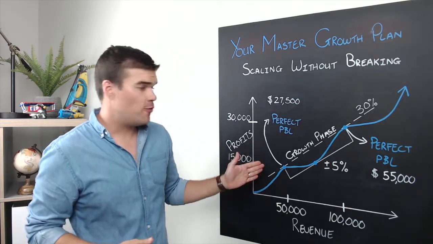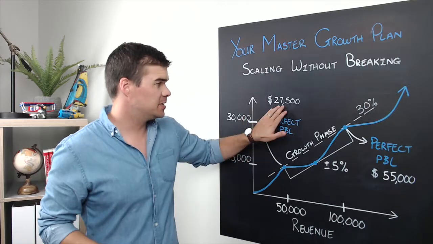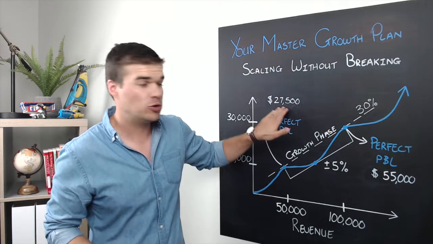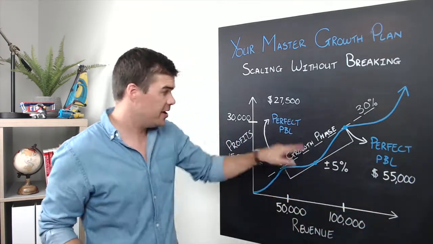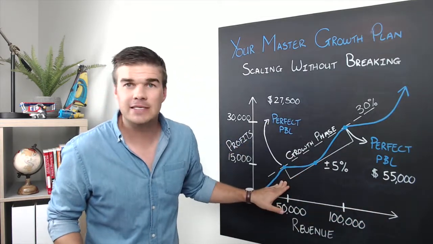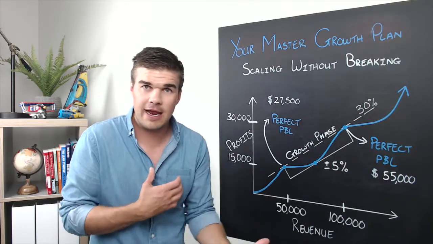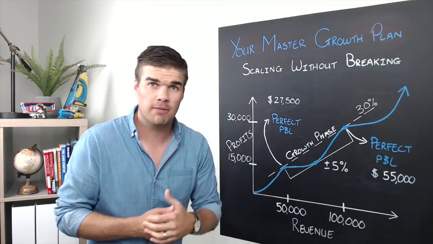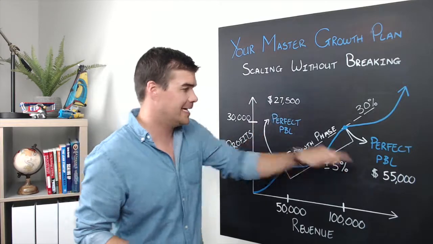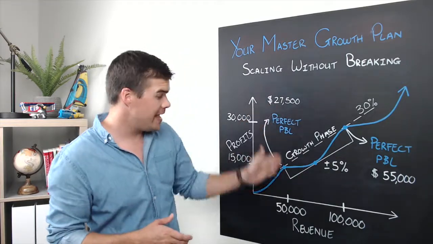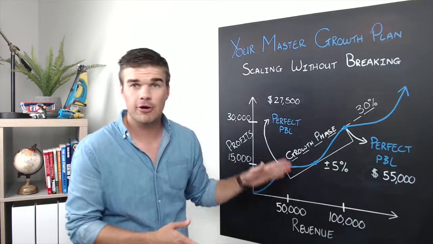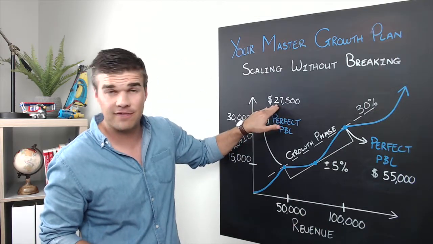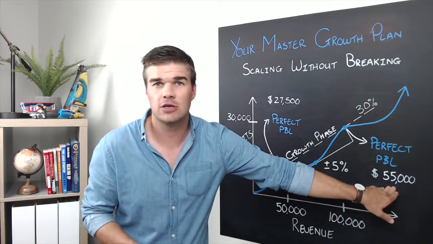You can imagine if we all of a sudden double the spend in advertising and labor, which is still within the $55,000, so we double that to $55,000, the very next day, we're going to start breaking our business because we don't have enough money. We're going to start getting negative profitability, start running into cash flow problems. So we don't want to just all of a sudden double it in order to get there. We want to create a little roadmap, okay, a detailed roadmap of how to go from 50 to 100, so scaling this $27,500 to that $55,000 mark.